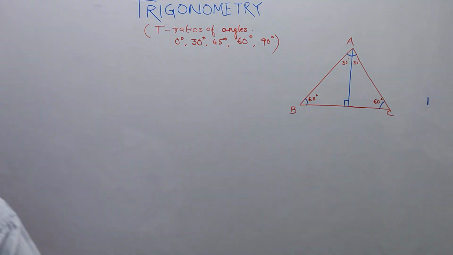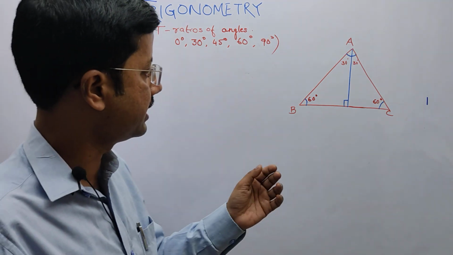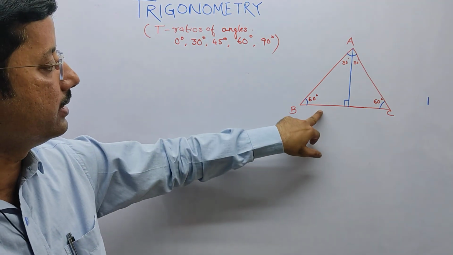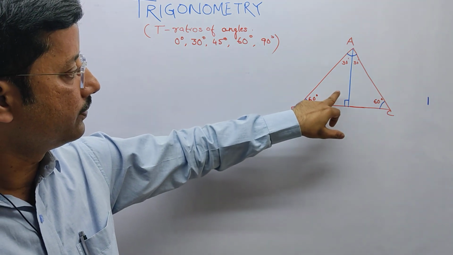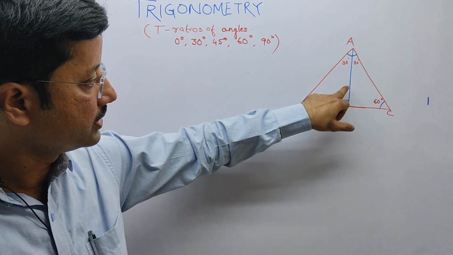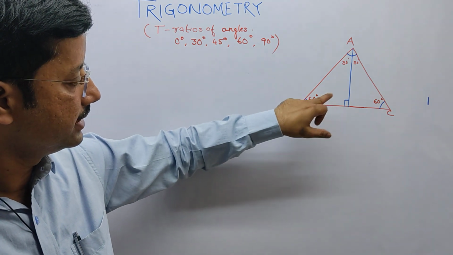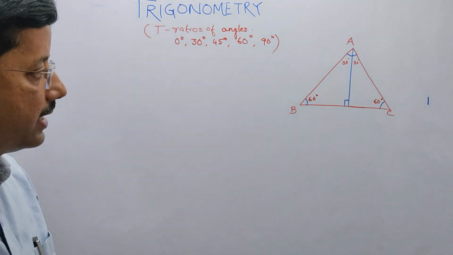60 degree angle. Now calculating T ratios for 60 degree angle means in a right angle triangle we are going to find out the different trigonometric ratios values when the angle is 60 degree. Now for this, what we have taken here,